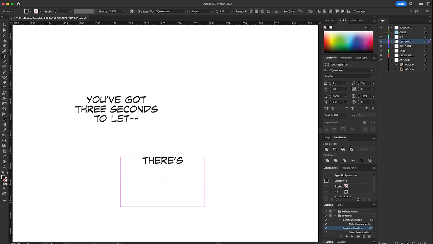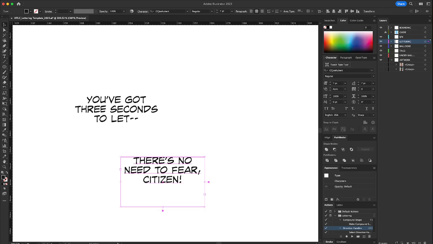And then you can add the new text. Normally you would copy and paste from the script, but of course I'm typing it in right now. Citizen. I hope that's spelled right. Citizen. It's probably not. That's why we have editors, right? So now you know that's always going to be the right size. It's always going to be